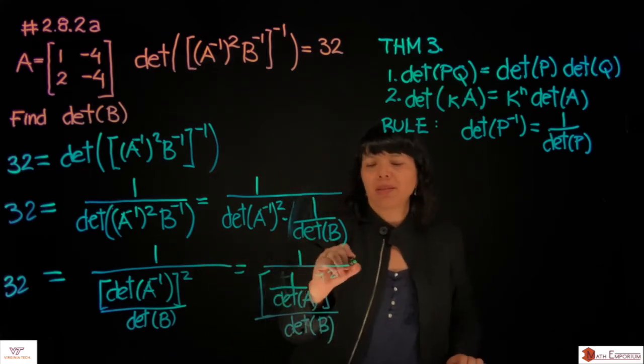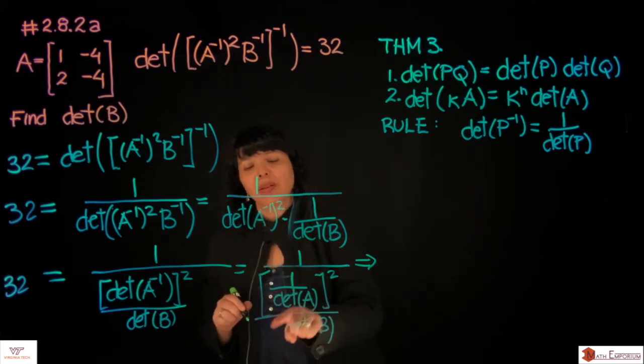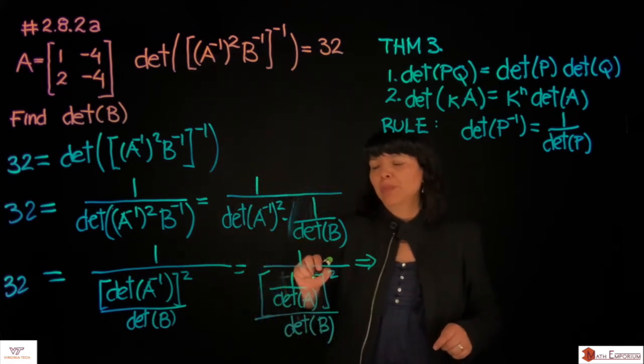We want to solve for the determinant of B, right? So this tells me that